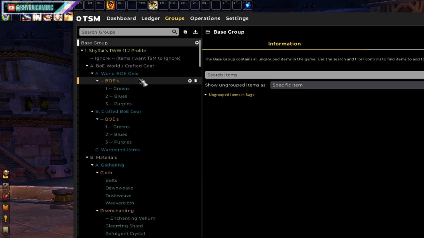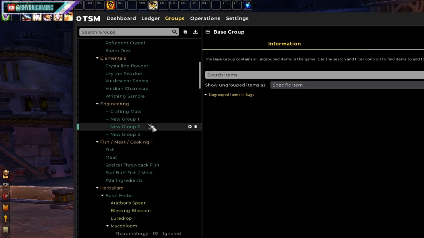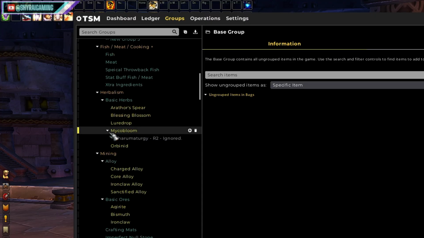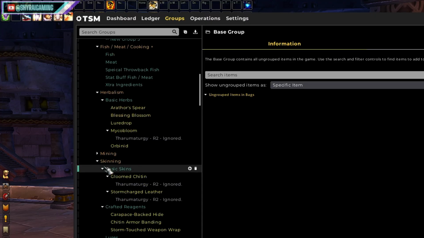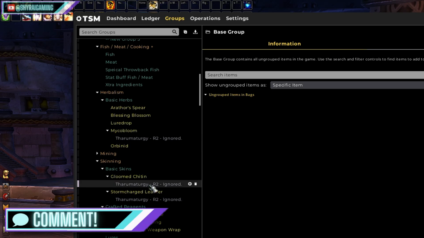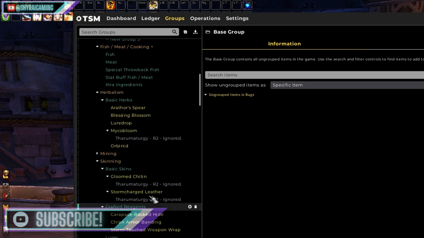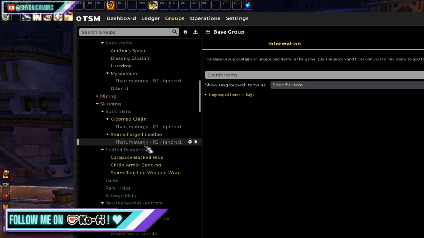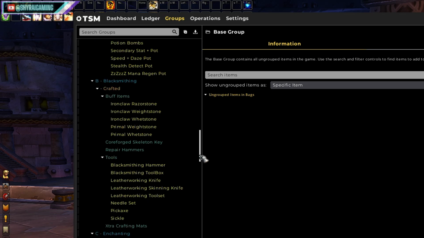We'll go over that really quickly. I've cleaned up the world BOEs and the world crafted BOE gear section to make it a little bit more compact, less spread out. I've been getting into thermaturgy recently with the alchemy profession, so I've added some ignore sections here for items that I find are the best to convert in that little game. I've actually really enjoyed the alchemy thermaturgy flip thing. It's pretty fun, so you may want to look into it. But I made those little sections, and then of course down here at the bottom,